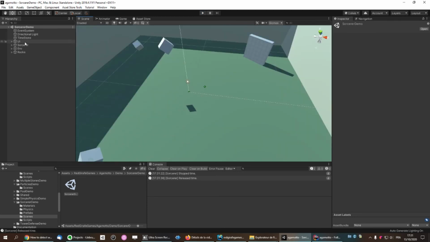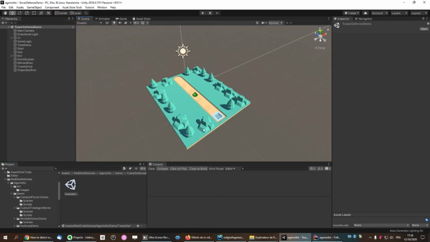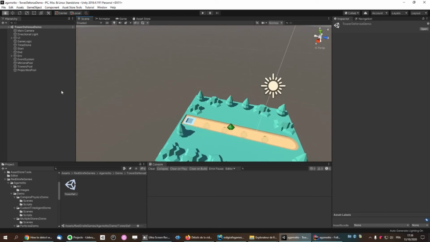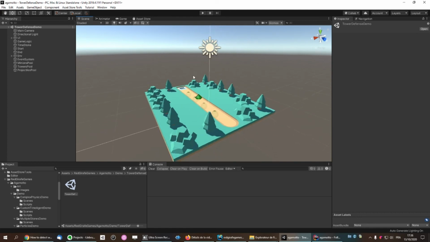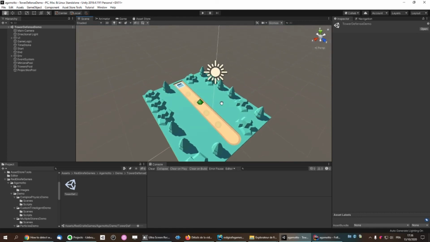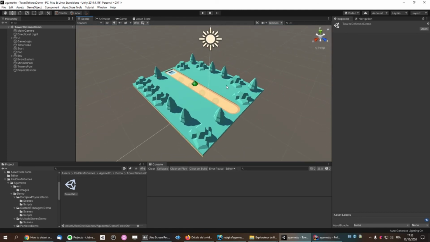The next demo is the most complex one. This is the tower defense demo. It is the most complex demo that is shipped with Agamotto, mixing code simulation and physics simulation. We've got a very small tower defense game where minions are spawned here and try to reach this point while being shot by towers. So if I run,